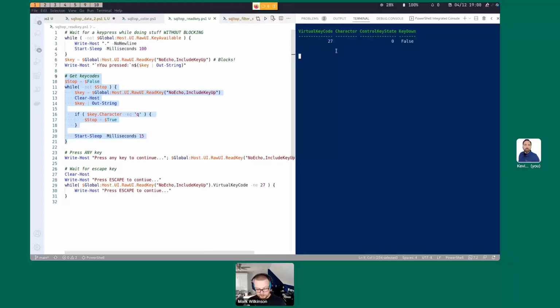F11. Whoops, don't want to do that because that's full screen. We'll pick a different key, but yeah, no, letter Q. That's to quit. But if you run that code, it will let you figure out what the key codes are that are being used on your keyboard, so that you can map those to do specific things in your scripts. For example, since we know that the virtual key code for escape is 27, down here I